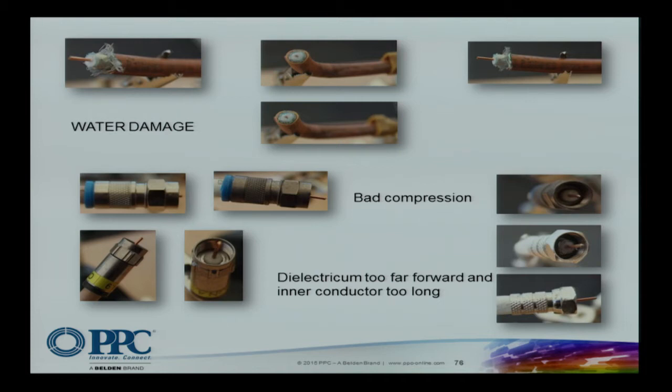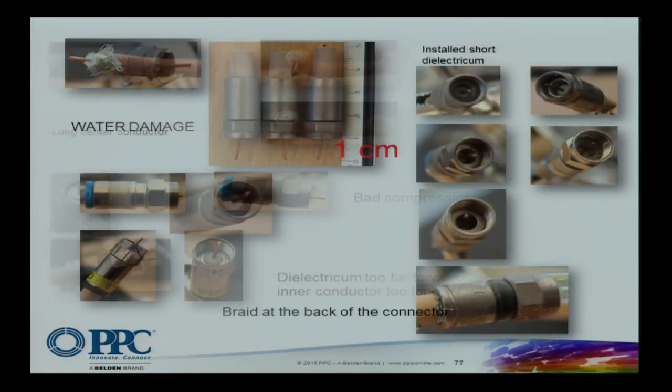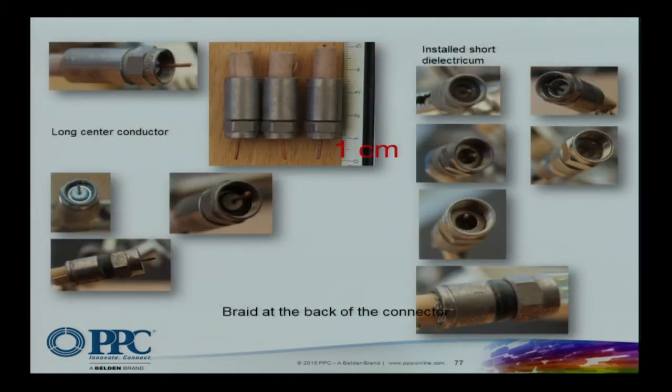Water damage, bad compression, dielectric too far forward, inner conductor too long. They do get worse. On one of the courses, someone said, the longer the inner conductor is, the better it is. I'm glad you're all laughing. It makes more of a...